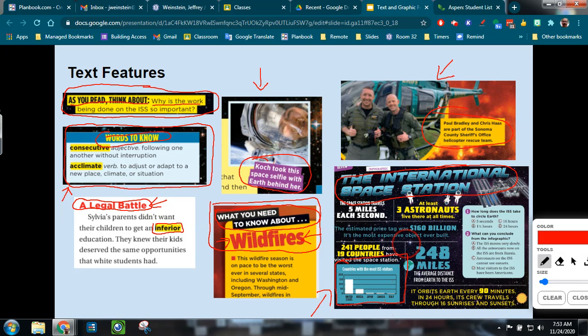We see different size fonts. 248 miles is the average distance from the Earth to the International Space Station. Here's a fun fact. It orbits every 90 minutes, and look at how it's written, and look at how the word 90, the number 90, is written. So these are all examples of what you can do with your informational text to teach your readers something using